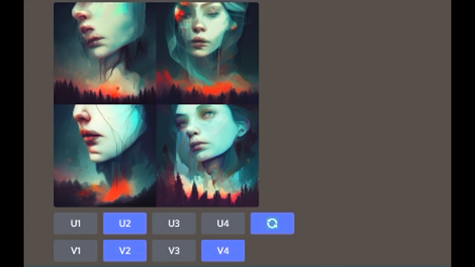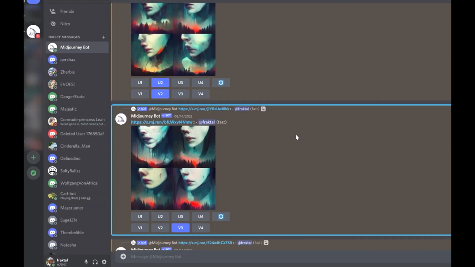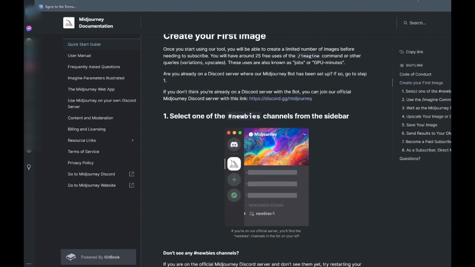The V1 through 4 is for variations, so you can just pick whichever image you want and then create a variation of that one. Then, once you're happy with the results in whichever image you've done, you can upscale that to its maximum or even create further variations of that. When you click the blue circular arrows, that just means that you're going to create variations or redo that original image. It's all pretty straightforward and everything is in the frequently asked questions and in the user guide.